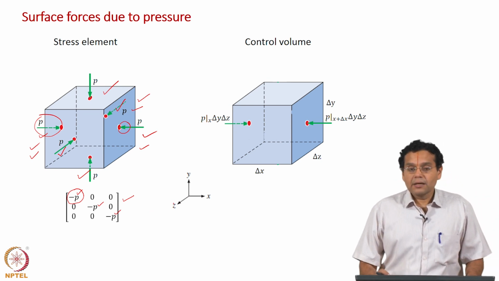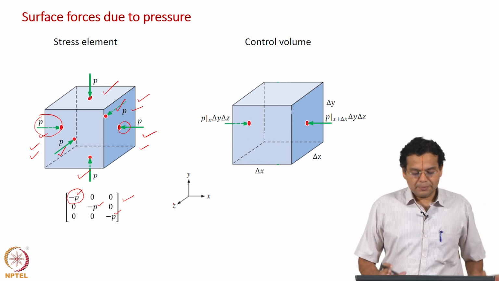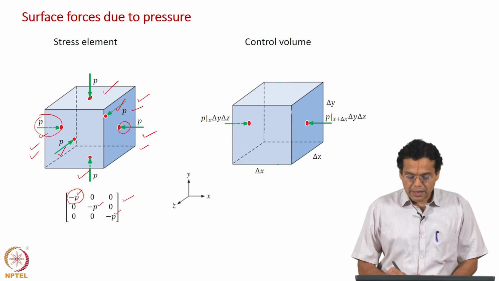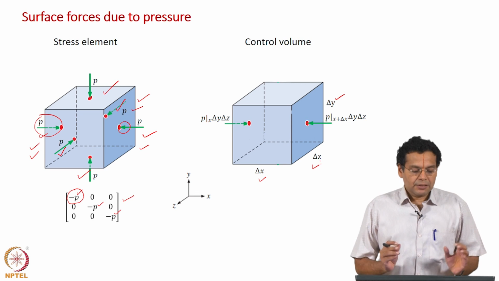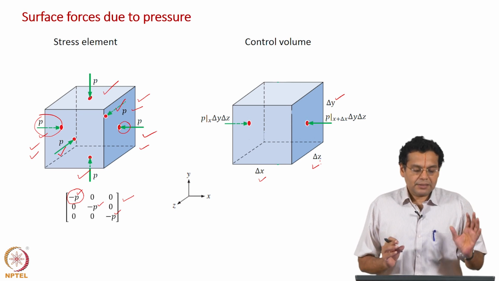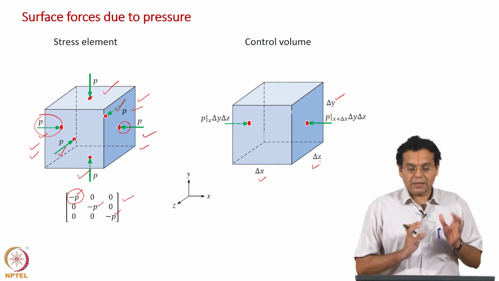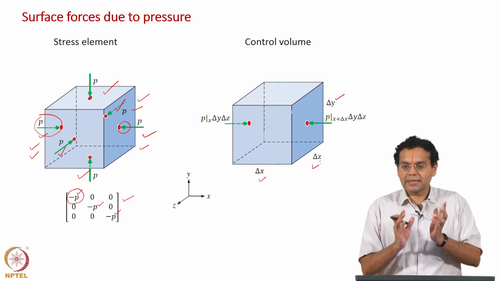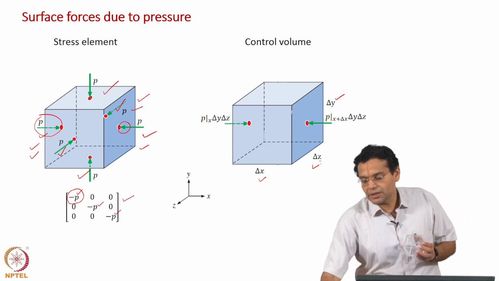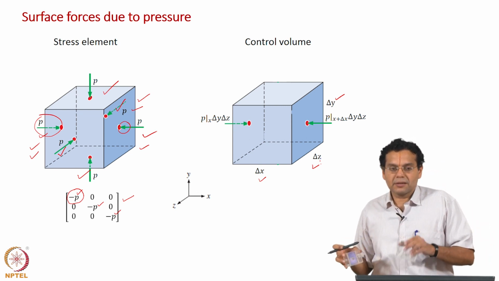Now, let us come to the control volume. Look at the control volume; it is also a cuboid like this, but now I show physical dimensions here: delta x, delta y and delta z. That quickly helps you distinguish between a stress element and a control volume. For the stress element we said the left and right faces are opposite sides of the same face, but now they are physically separated. You have x here and x plus delta x here. So it is a physical volume; imagine a small control volume inside your equipment, and that is what is represented on the right hand side.